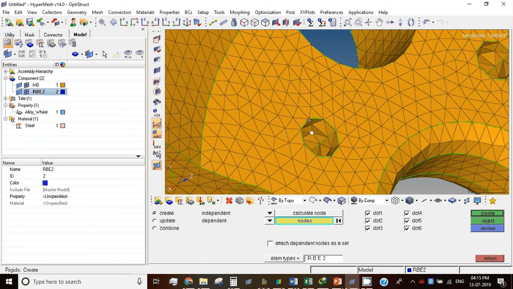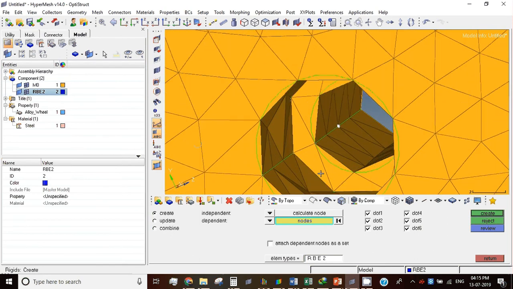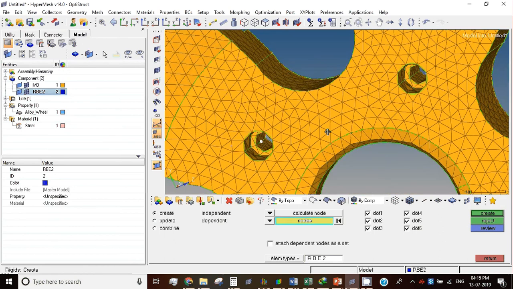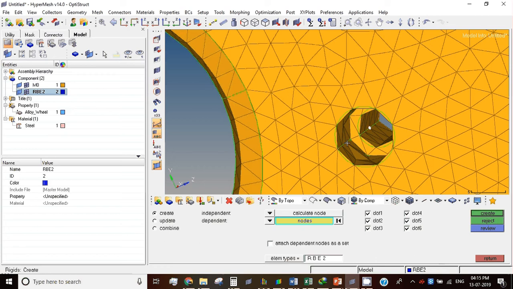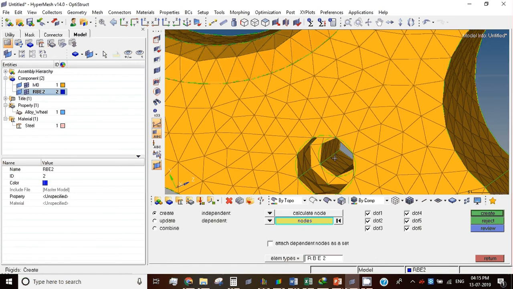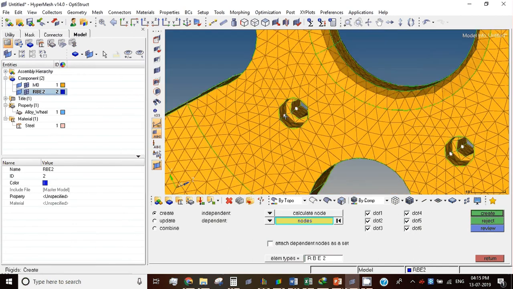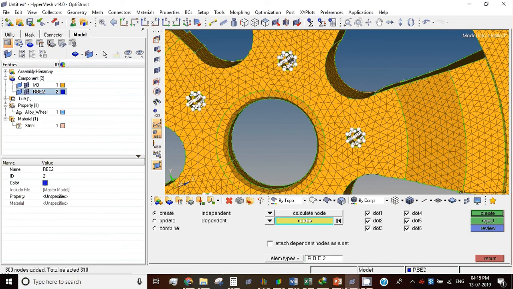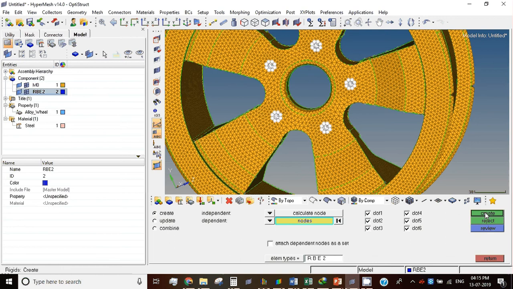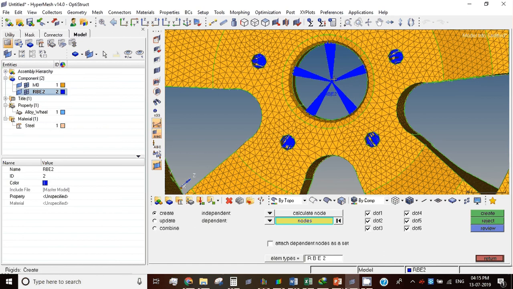So I will select all the inside nodes of all the bolts. Okay, bolt location, fastener location I'll select. Okay, I'll select all this fastener location. I have selected all the fastener location. Give by face. See all the by face, all the nodes have been selected. And give create. See now I have created all the RBE2s. This is the independent node, and these nodes are dependent on the center node. Okay, whatever the degrees of freedom you give here, those degrees of freedom directly will be transferred to here.